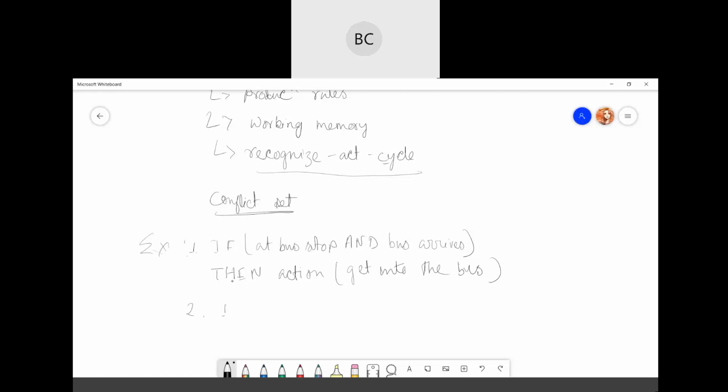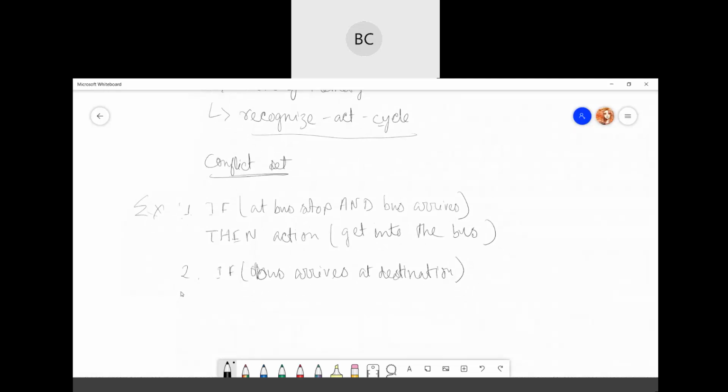Another can be like if bus arrives at destination, then you can write action will be get down from the bus.